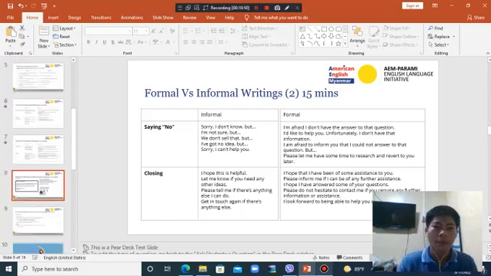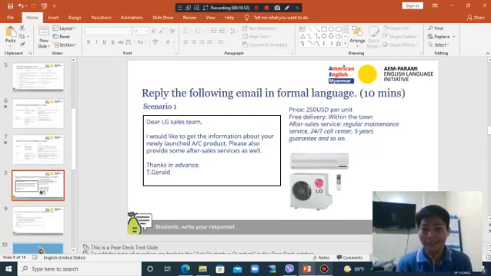So let's start with this exercise. In the scenario, the customer, namely T. Gerard, is asking you for information about your air-conditioner product, right? You're going to reply in formal language. There is information provided on the right side, five lines, so you can use this information in your reply to this customer. You can do it at your own convenience, using the sentences that I've taught you previously.